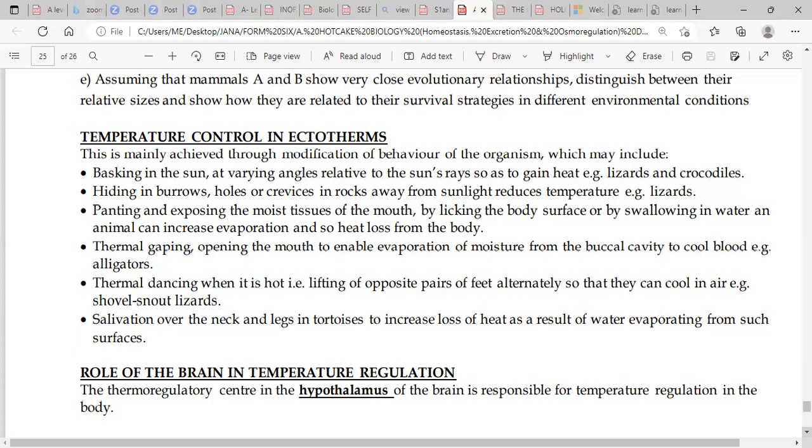Some of them carry out what we call thermogapping, that is opening the mouth, which enables evaporation of moisture from the buccal cavity to cool the blood, e.g. the alligators. Some of them carry out thermodancing when it is hot, that is lifting of